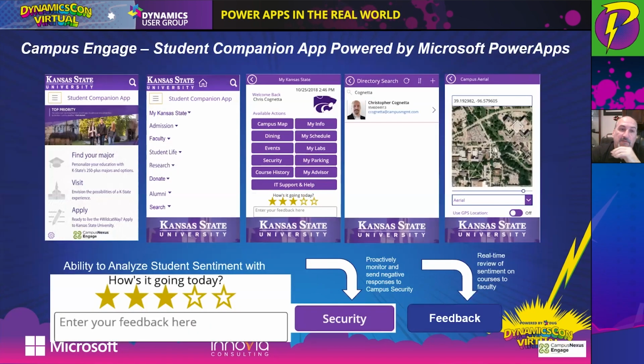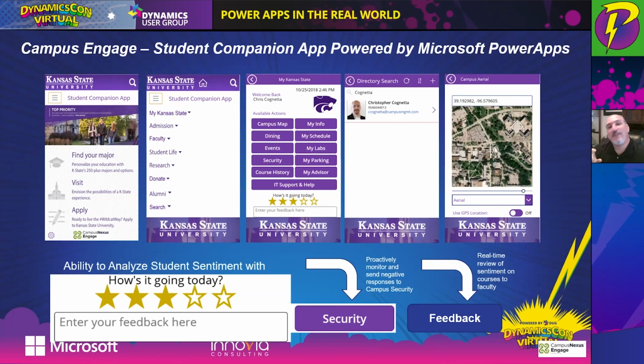An app that we also built for Campus Engage, which is a fellow company I used to work for, was a student app. And this was an app around the most important things that students want to see, like, hey, when's lunch? Or where did I leave my car? Or I know that student from class, I'd like to email them about getting information. By quickly accessing certain pieces of a Canvas app and building customizations, you can see how this is spread across.